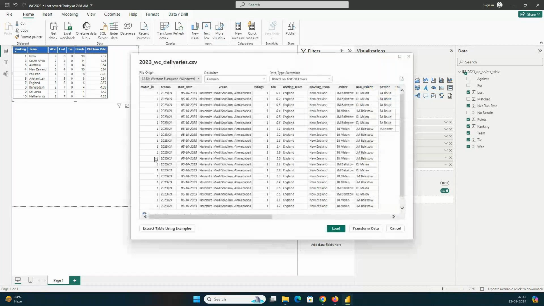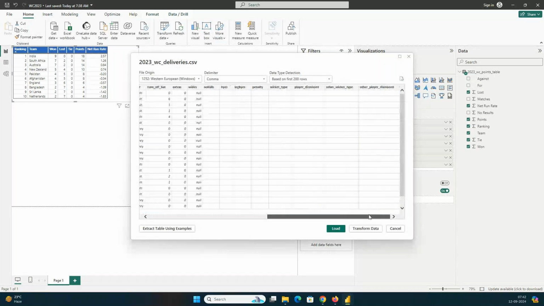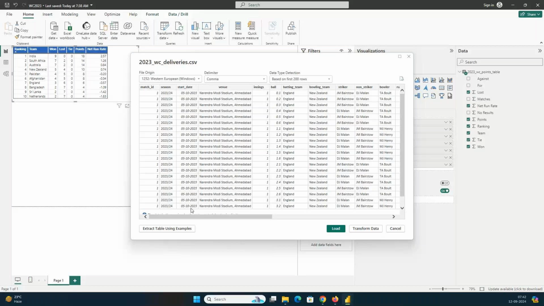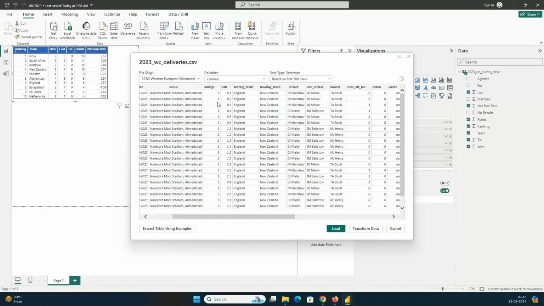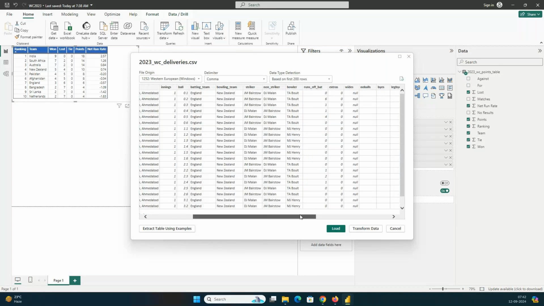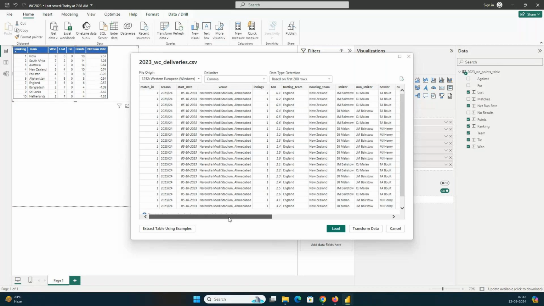Now, as I told you, it will give you a preview of the first 200 rows. So this is what we saw just now: England, 0.1 ball, who was the striker, non-striker, bowler, all those things. Yes, this is my data set. Last time I showed you load directly. Now I will show you transform data. When I click on transform data,